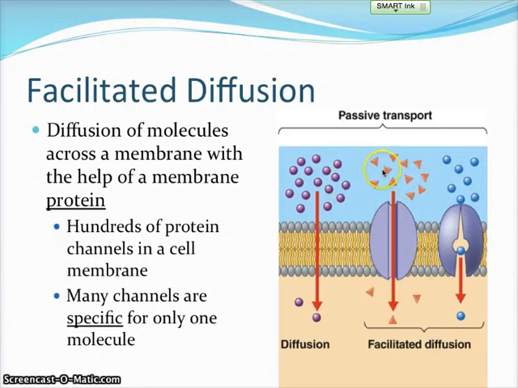So you can see some molecules have to go through this protein channel, like the orange triangle and the blue circle. But other molecules sometimes don't need a protein molecule, like the purple circles, and they can just go through. If they just go through, that's diffusion. If it requires a protein channel, that's facilitated diffusion. It needs a little bit of facilitation, a little help. So there are many channels for specific molecules. So only the triangle can go through, and only